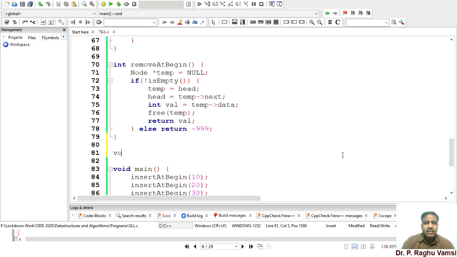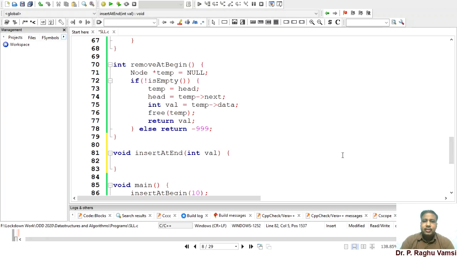Next, insert at end. Void insert at end. In this we need to write the value, which value we want to insert. This is by default common; by this time you come to know what to do. Int star temp, because we should always work with the temporary. We should not touch the head always. And also for insertion we need to check whether the list is empty or not. So if not is empty,